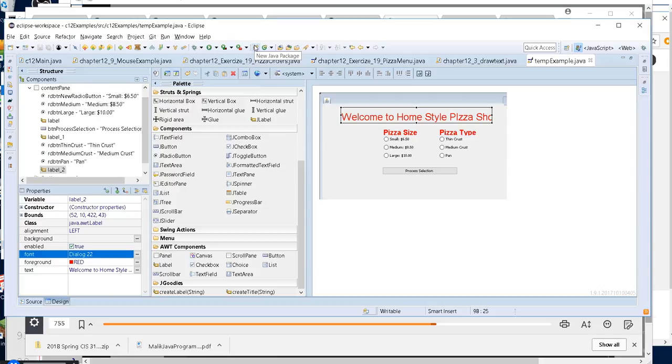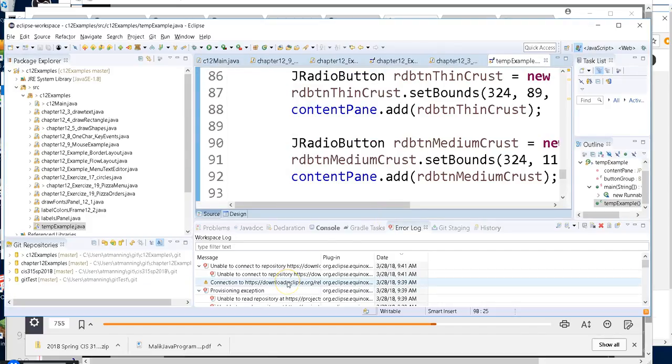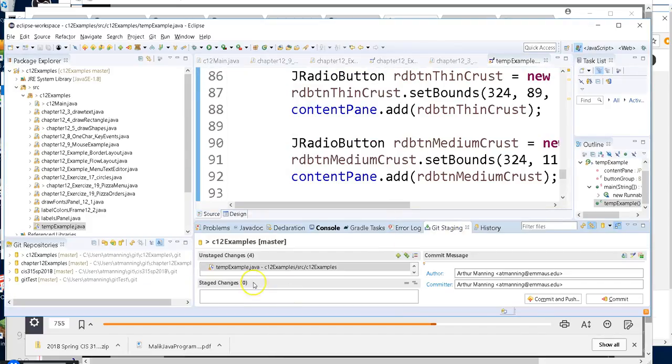Now, if you have this as a project that you're using in GitHub, watch what I can do. If I'm using GitHub, I go to the source section, view my staging here, and I can stage it and do a commit and push, and it automatically shows up in my GitHub share. I can do the commit and push because I am the owner of this. If you own your own project, you can commit and push as your own collaborator. All right, this will be uploaded, recorded in case you want to go back and view